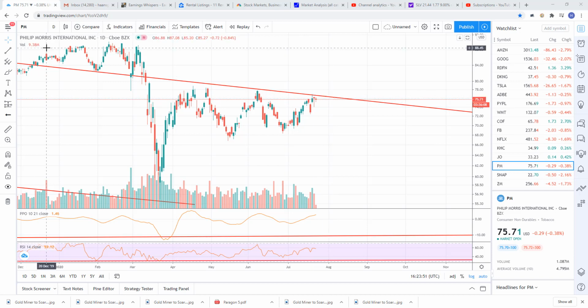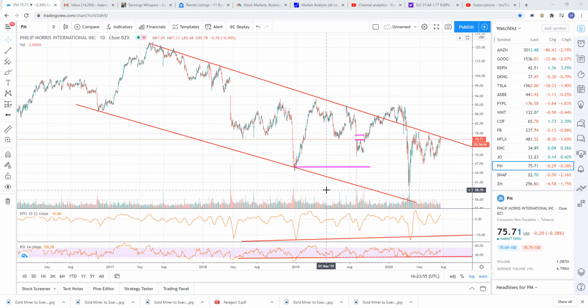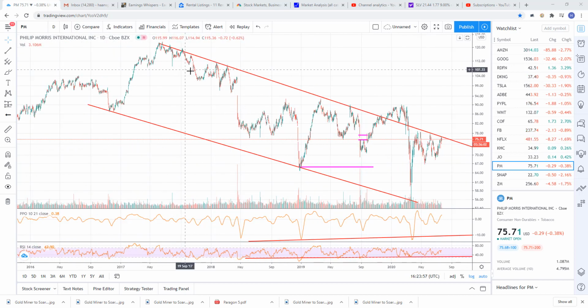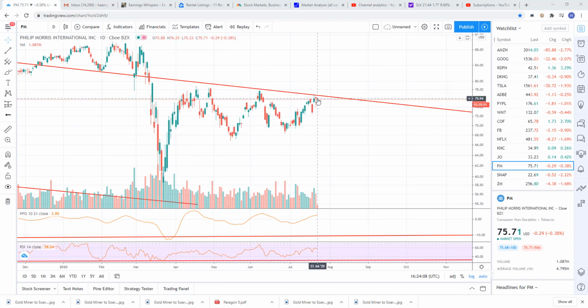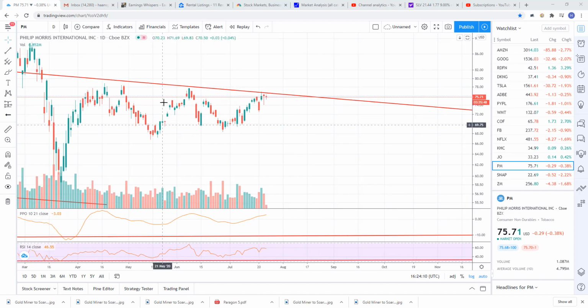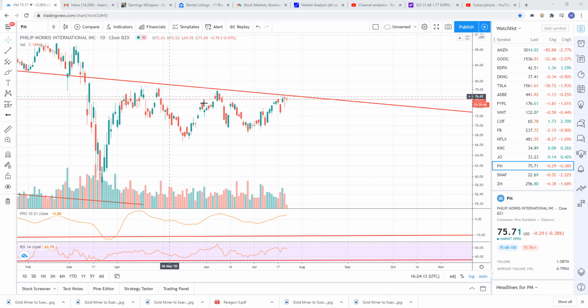So here's Philip Morris, and again, looks like it's starting to be bullish. Here's your downward channel. Philip Morris is in a bear market. You have a downward channel. We bounced off the bottom of the channel right here around 55.68, and now we've just been chopping here. Looks like we're going to get a breakout. You can see we've just been tapping this resistance. Got close here, got close there, hit it right there. Looks like we're going to start to see some sort of a breakout.